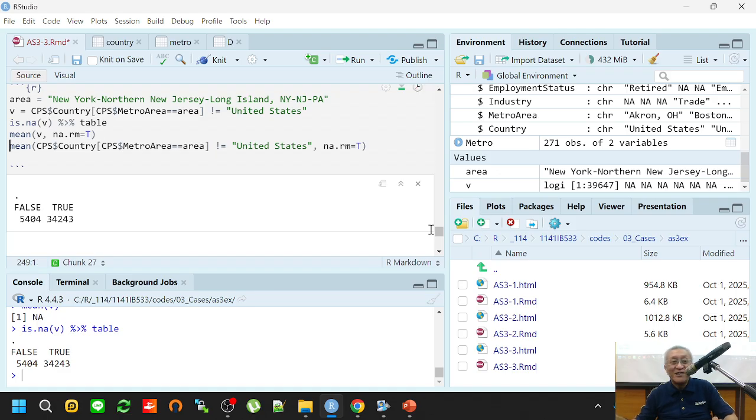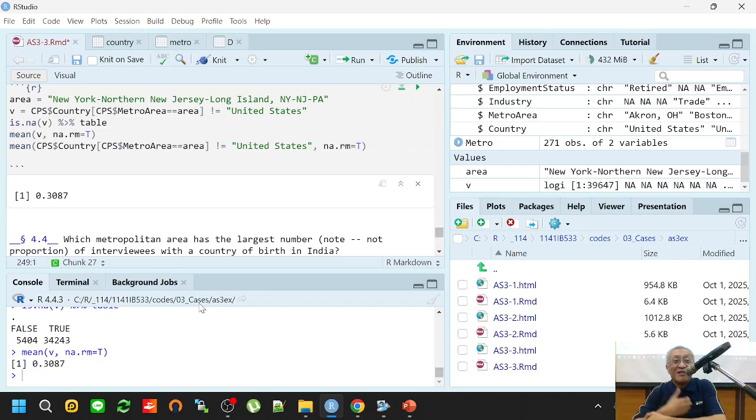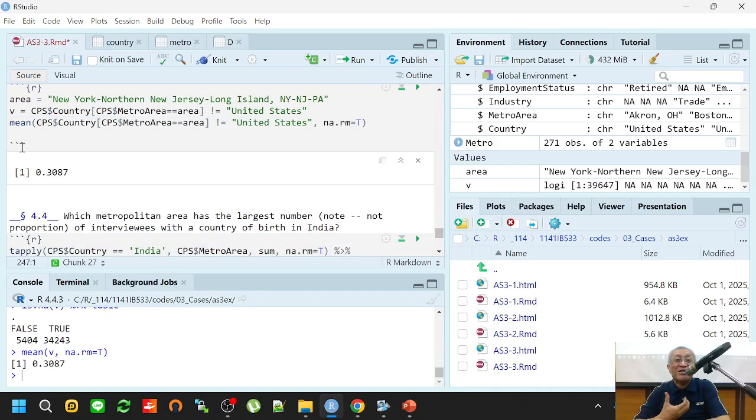Okay, sorry. So it will exclude the NA before doing the average, or before doing the sum, or whatever it does. Okay? So the way to check for NA is to use this is.na function, and the way to handle the